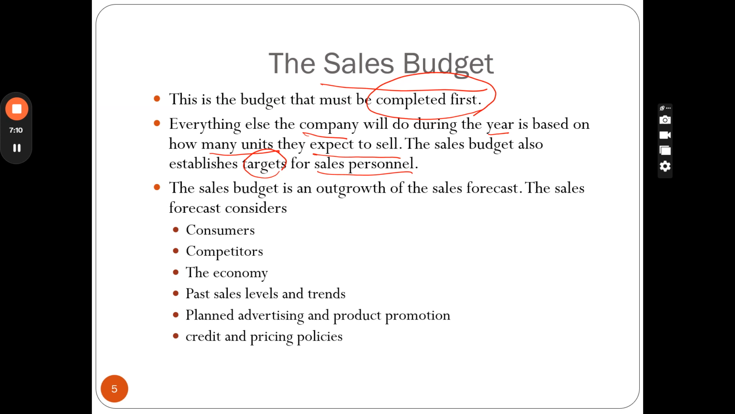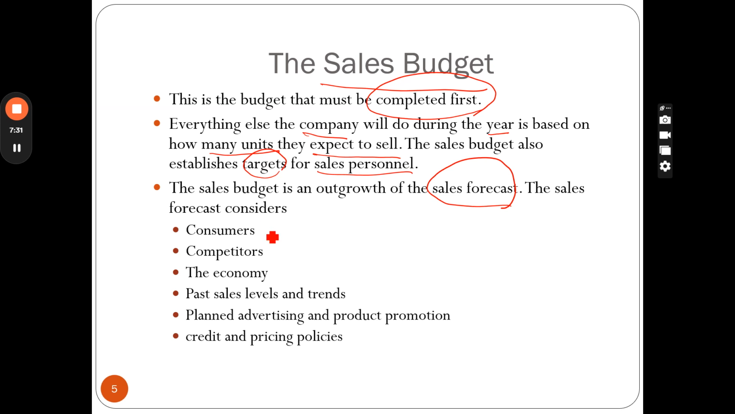But how will you prepare a sales budget? It is based on some sales forecast, right? Because you are talking about the future. But your future is sometimes getting information from the past, and you are doing a forecasting. So this forecast